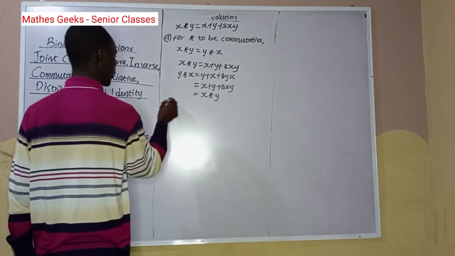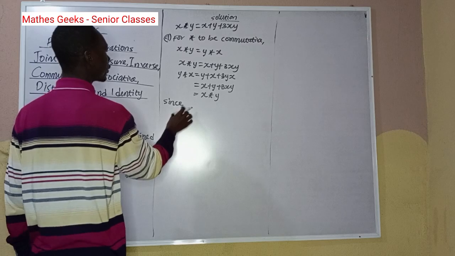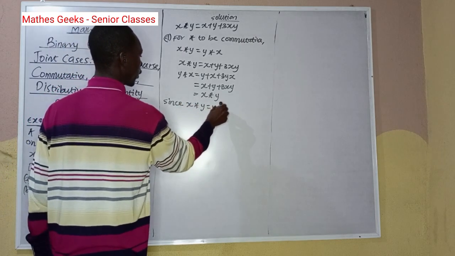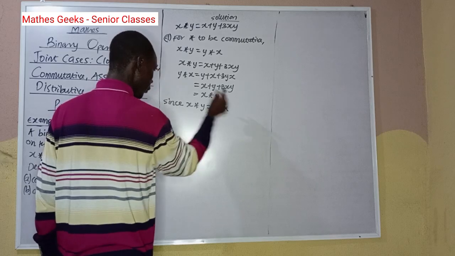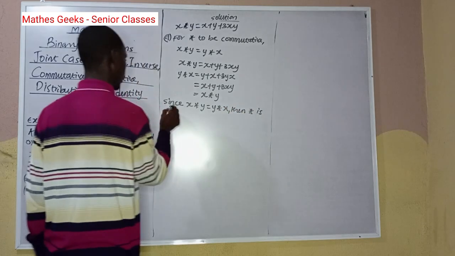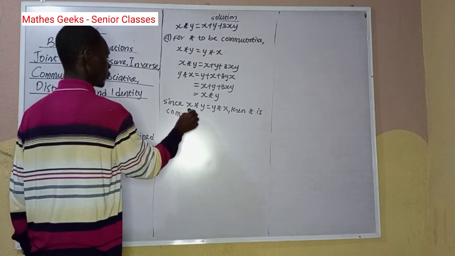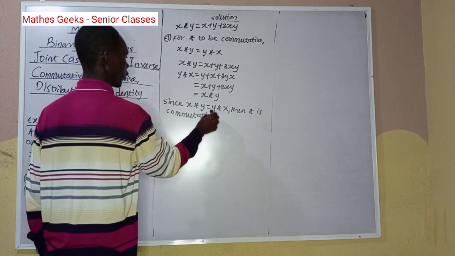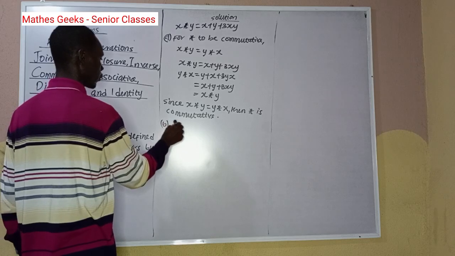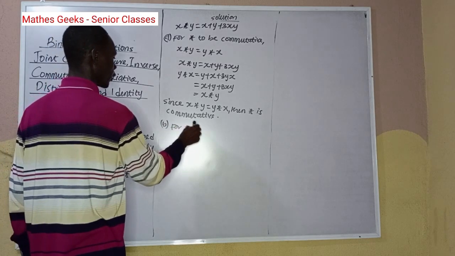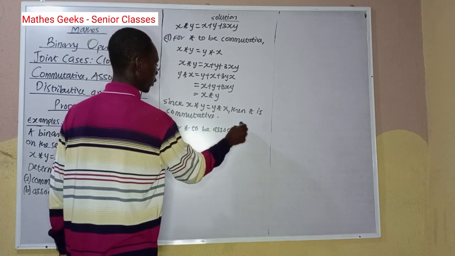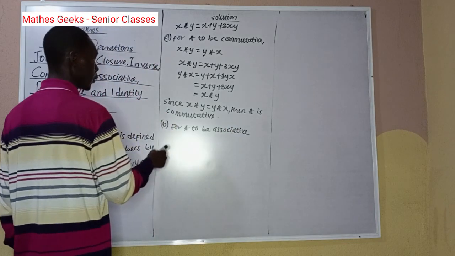So we say since x operation y is equal to y operation x, then star is commutative. Then for star to be associative, it means